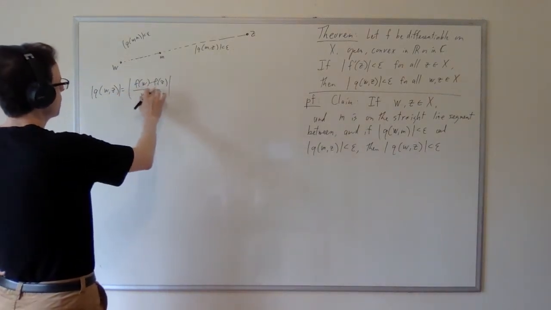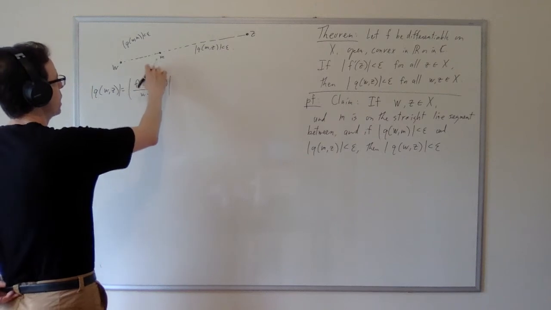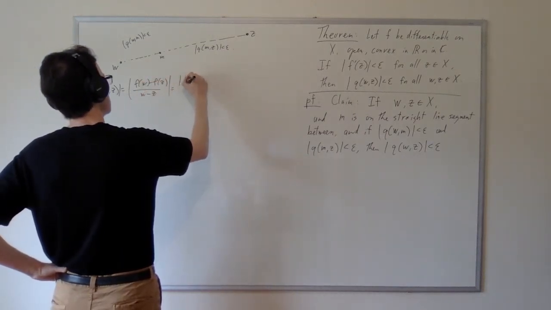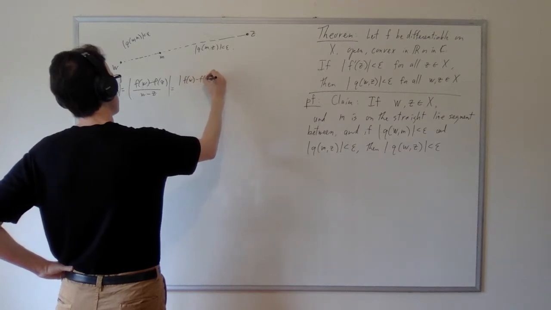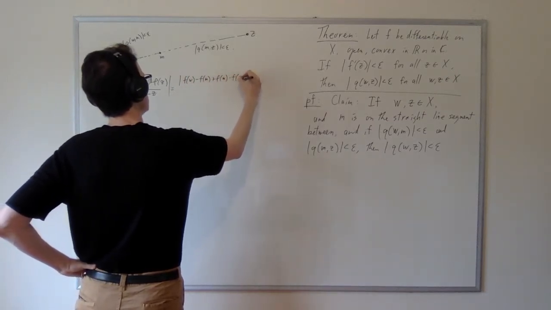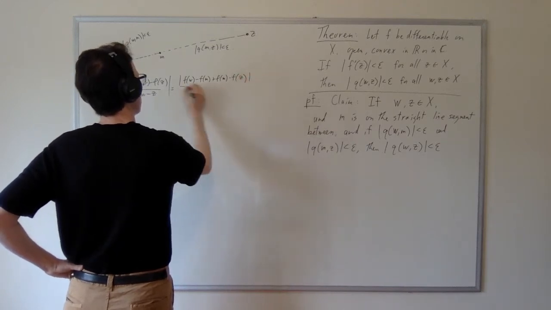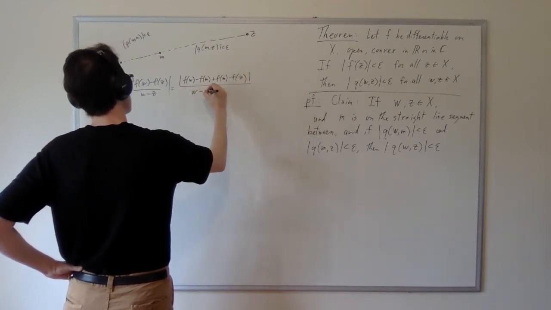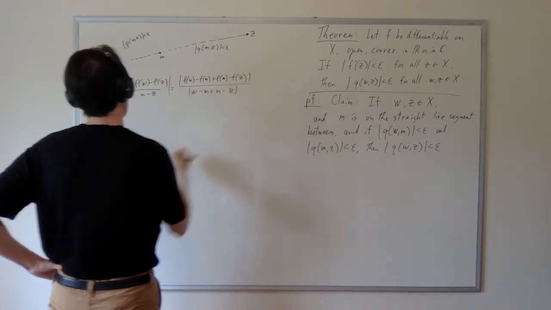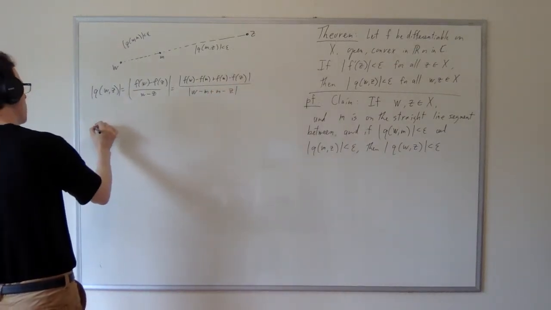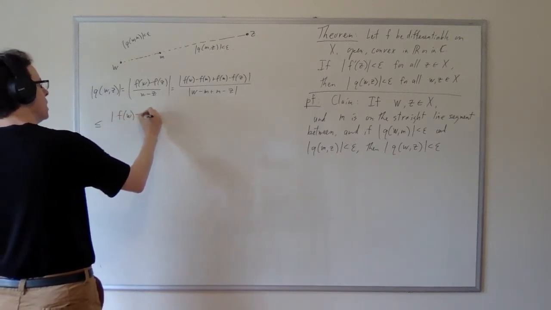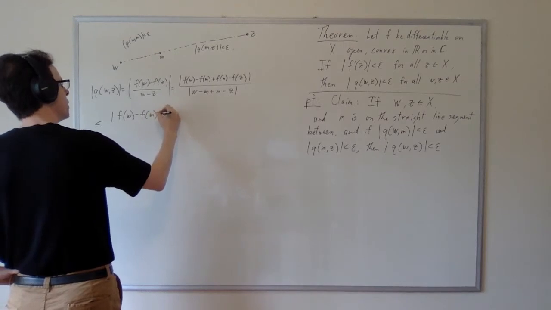What we're going to do is add and subtract f of m here. So this is going to be modulus f of w minus f of m plus f of m minus f of z. And then this is going to be w minus m plus m minus z. And now I'm going to apply the triangle inequality, and let's be very, very careful as we do this, because we're likely to make a mistake. So